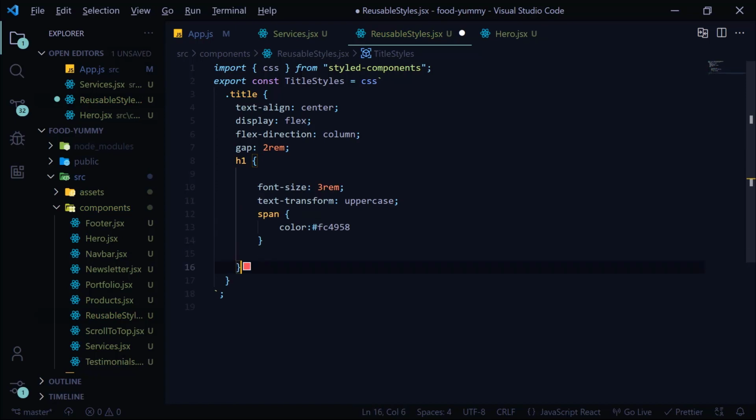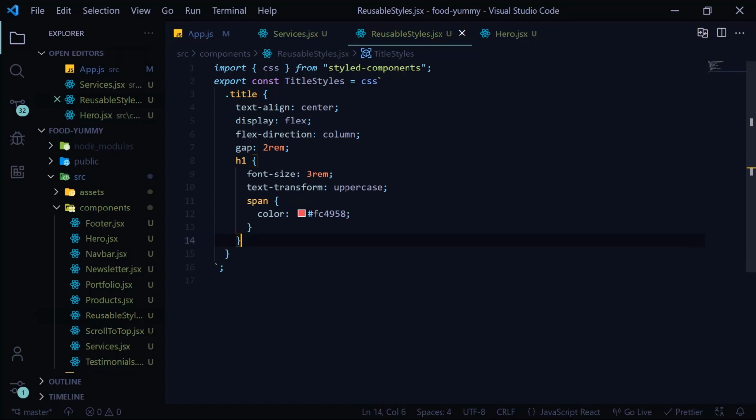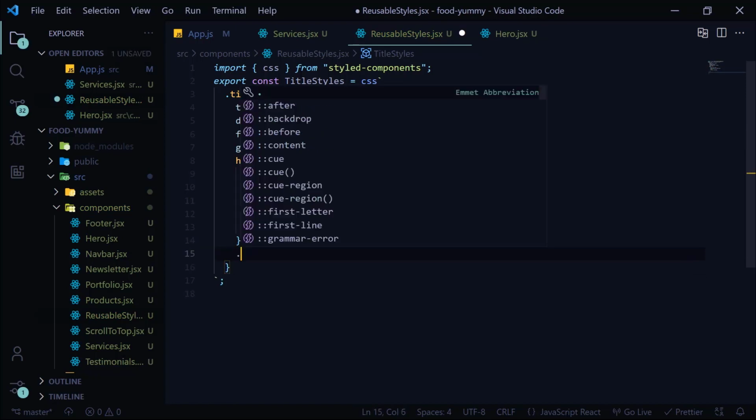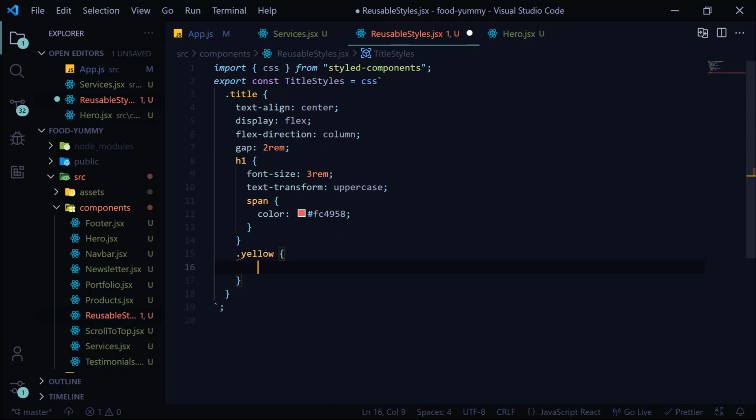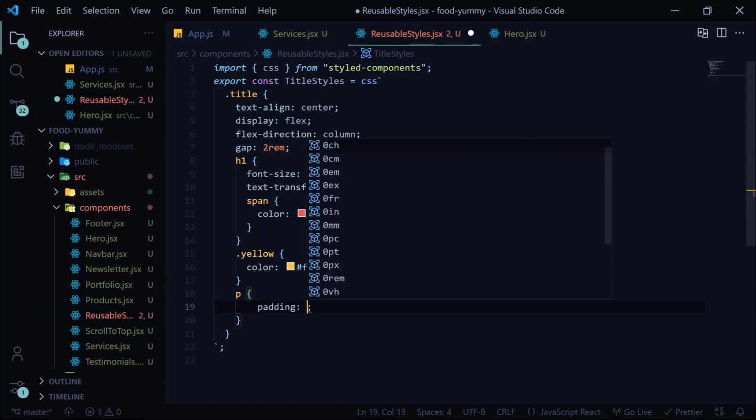Save it. Now here there should be these kind of brackets, not the square brackets. Then we have the yellow class. Here the color of the text would be yellow. So the color would be F9C74F. Save it. Now we have the p tag, and inside the p tag we have a padding of 0 and